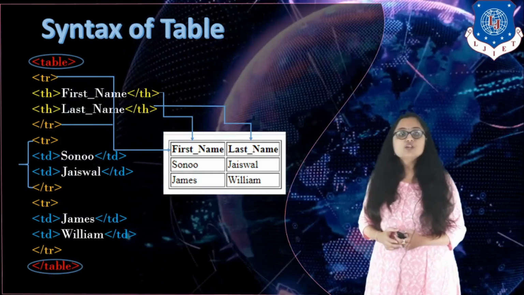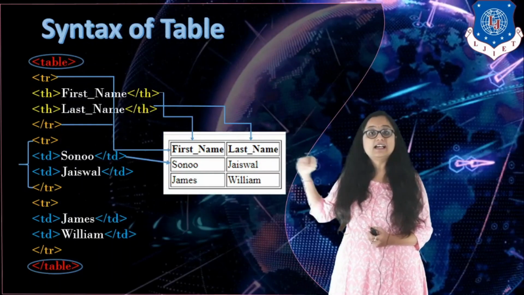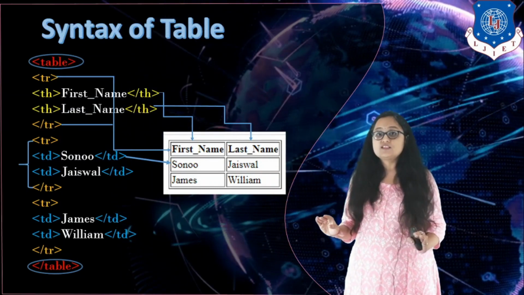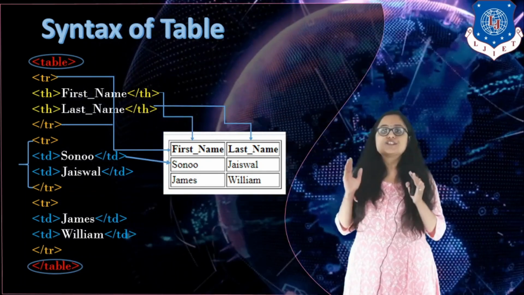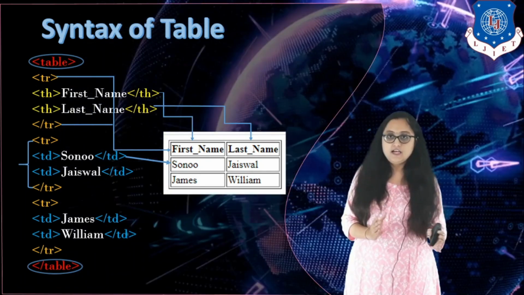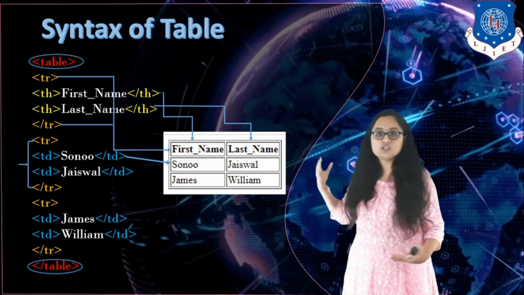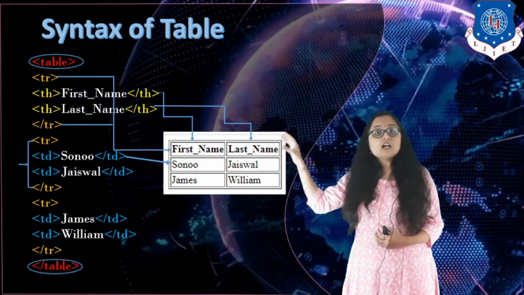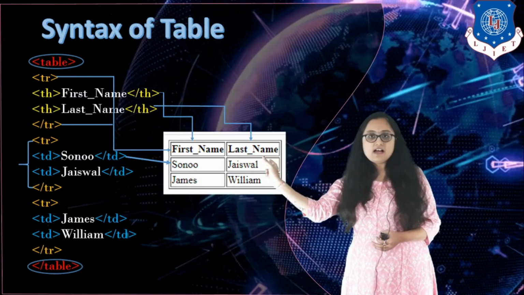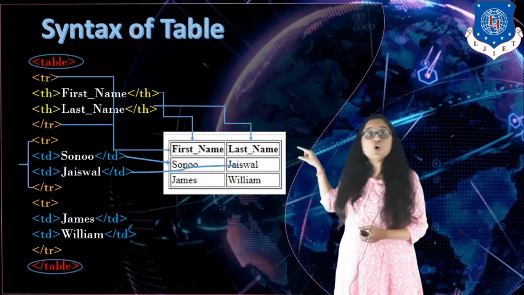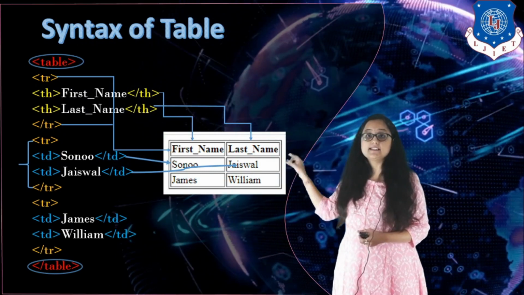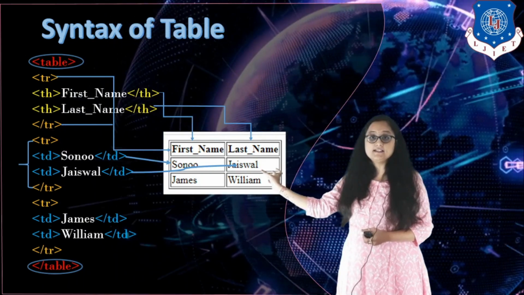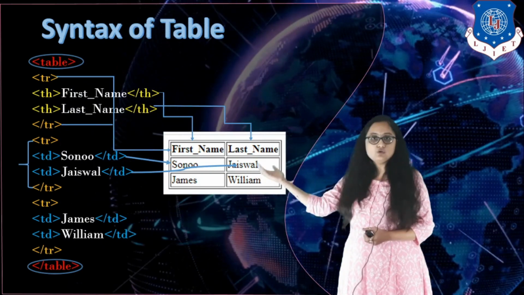And the second TR also consists of how many columns? 2 columns. Very good. So for the first column you can see that I have declared TD instead of TH, because now I don't want to write my text in bold and center aligned. I want it just normal text with left alignment, right? So you can go for TD for normal data instead of TH. So I have replaced the TH tag with the TD tag, but the syntax is the same and I have put the value inside my TD. Now in this row you also have another cell with another data. So another TD tag is to be written inside this TR, and the value is also written, right?